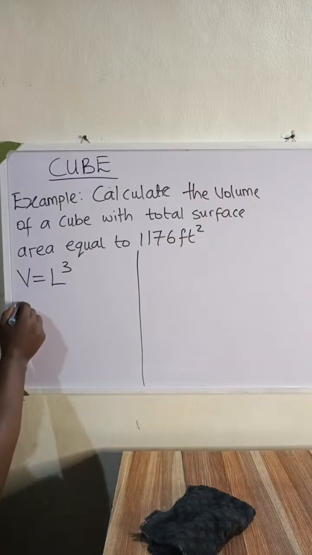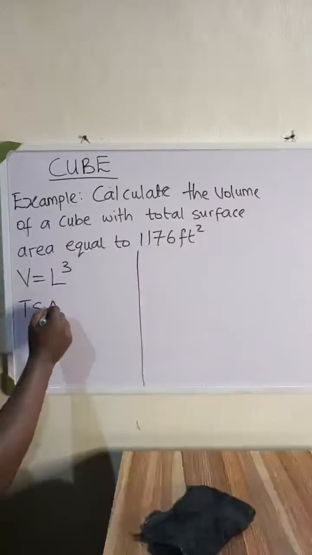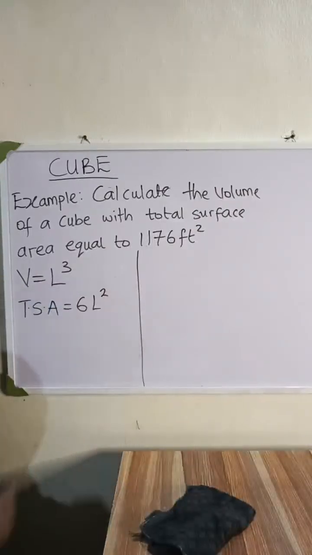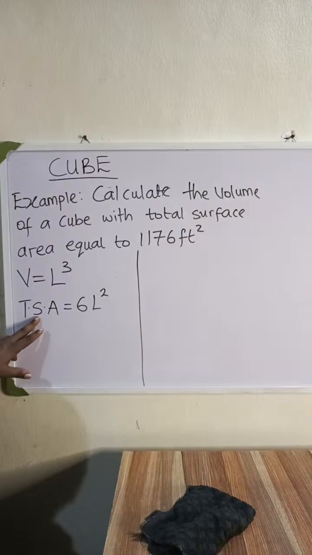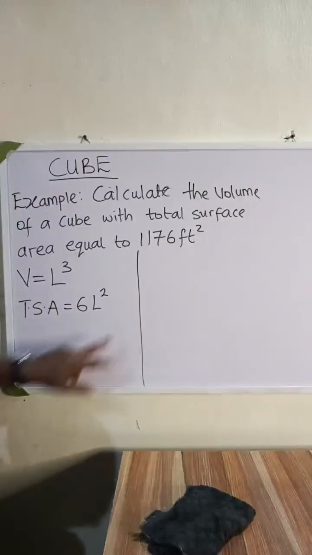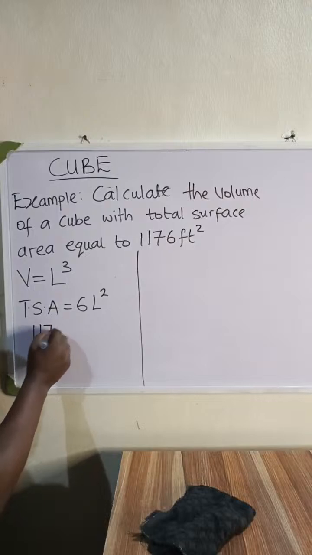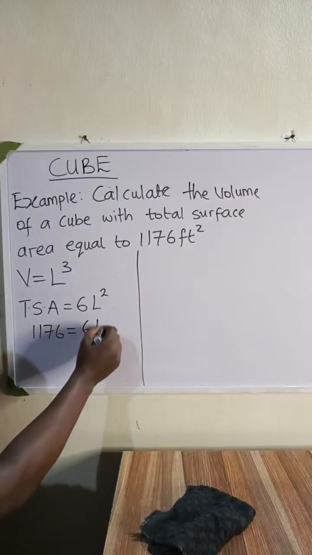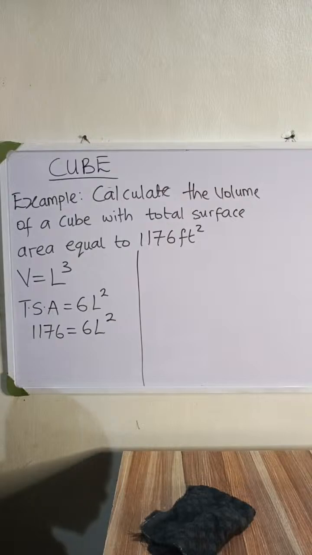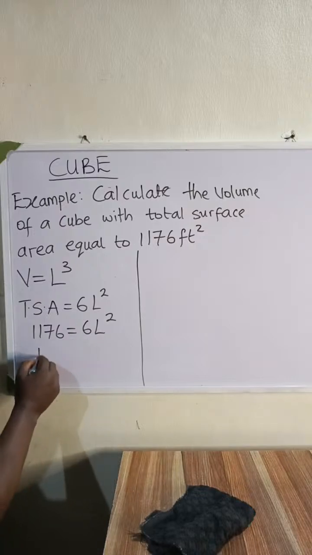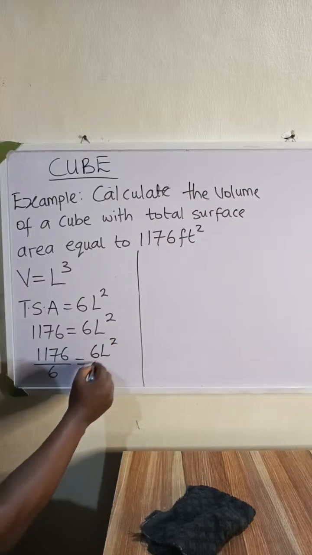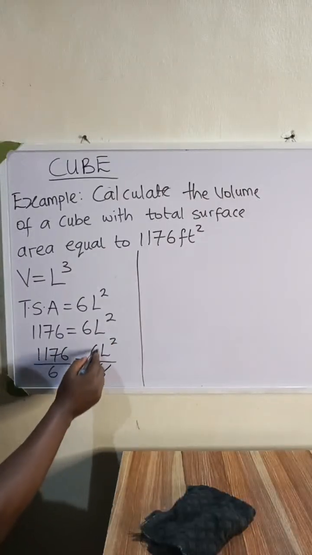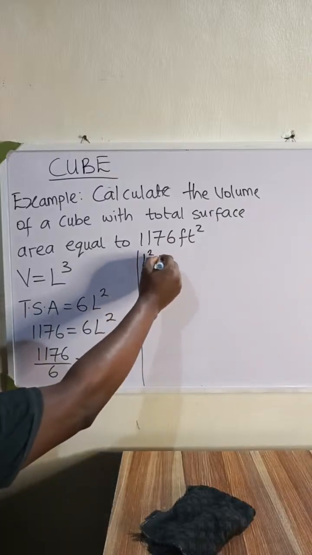So we know that total surface area is equal to 6 length square. Since we know the total surface area, we can find the length. So 1176 is equal to 6 length square. Next we are going to divide both sides by 6. 1176 divided by 6 is equal to 6L squared divided by 6. 6 will cancel out 6. L squared is equal to